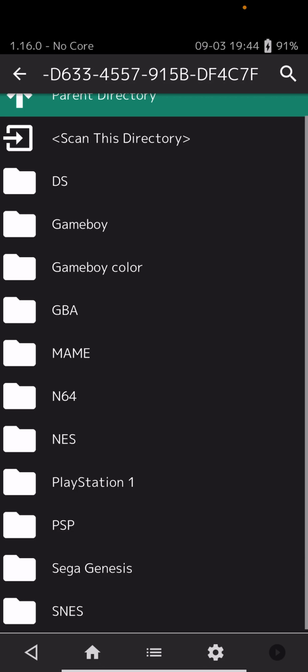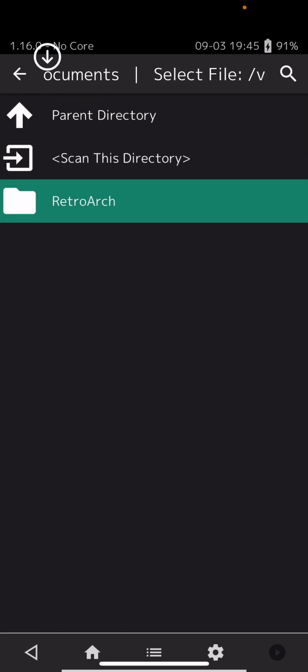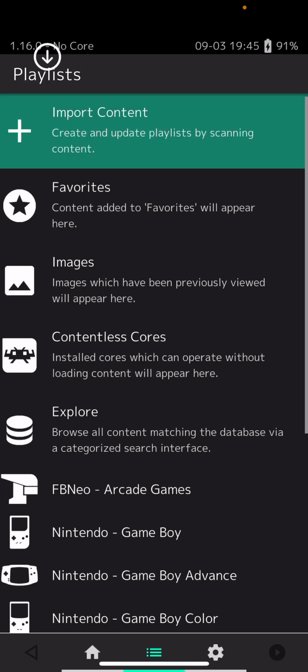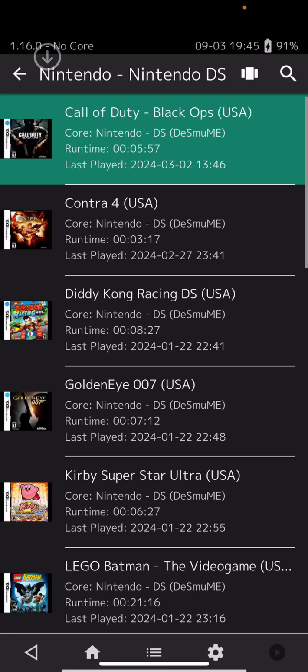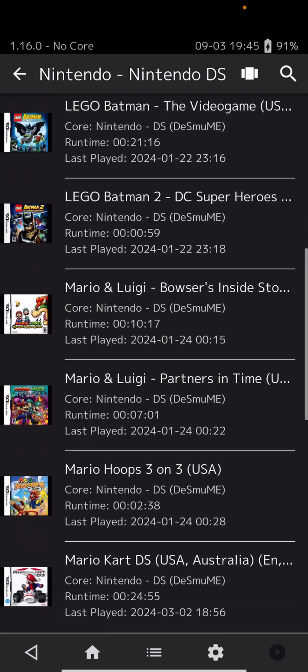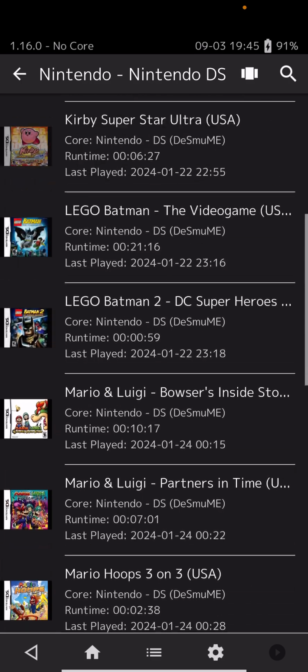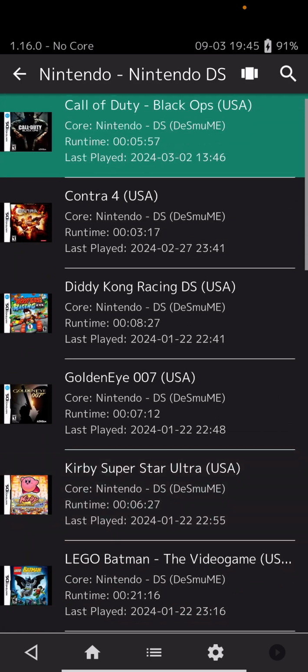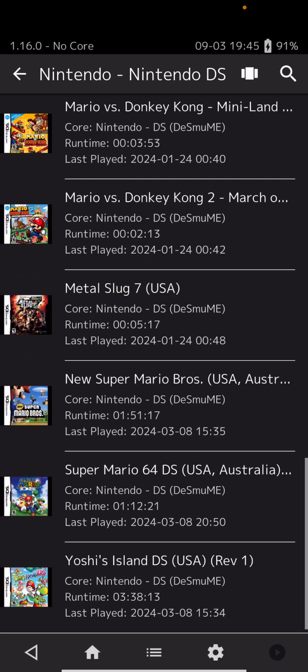So once you've done that, you click on the DS or whatever, and then you scan directory, and when you go back, you should see that there is a DS playlist now, and you can see the box art and everything. I already added the games, and look, you can see I have the games,